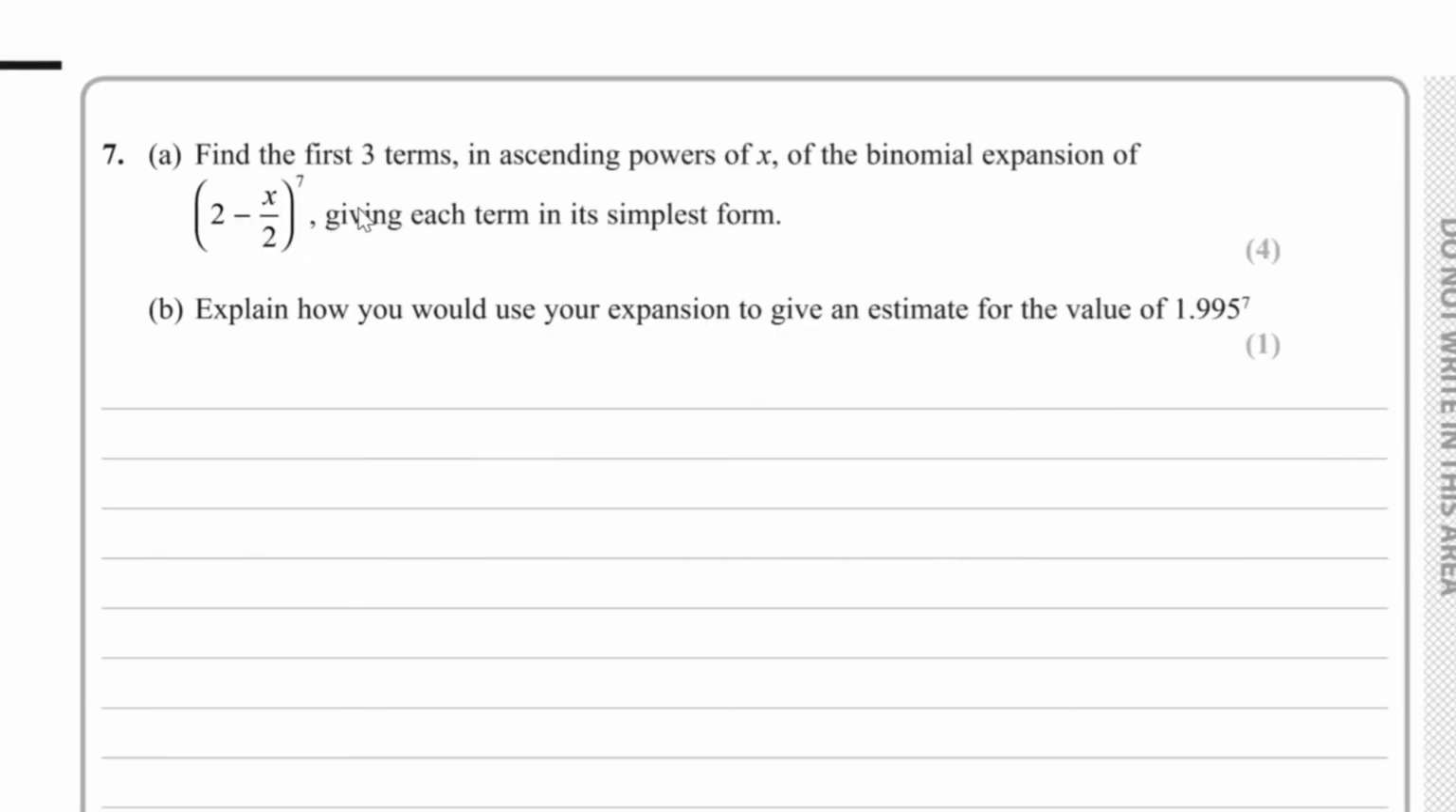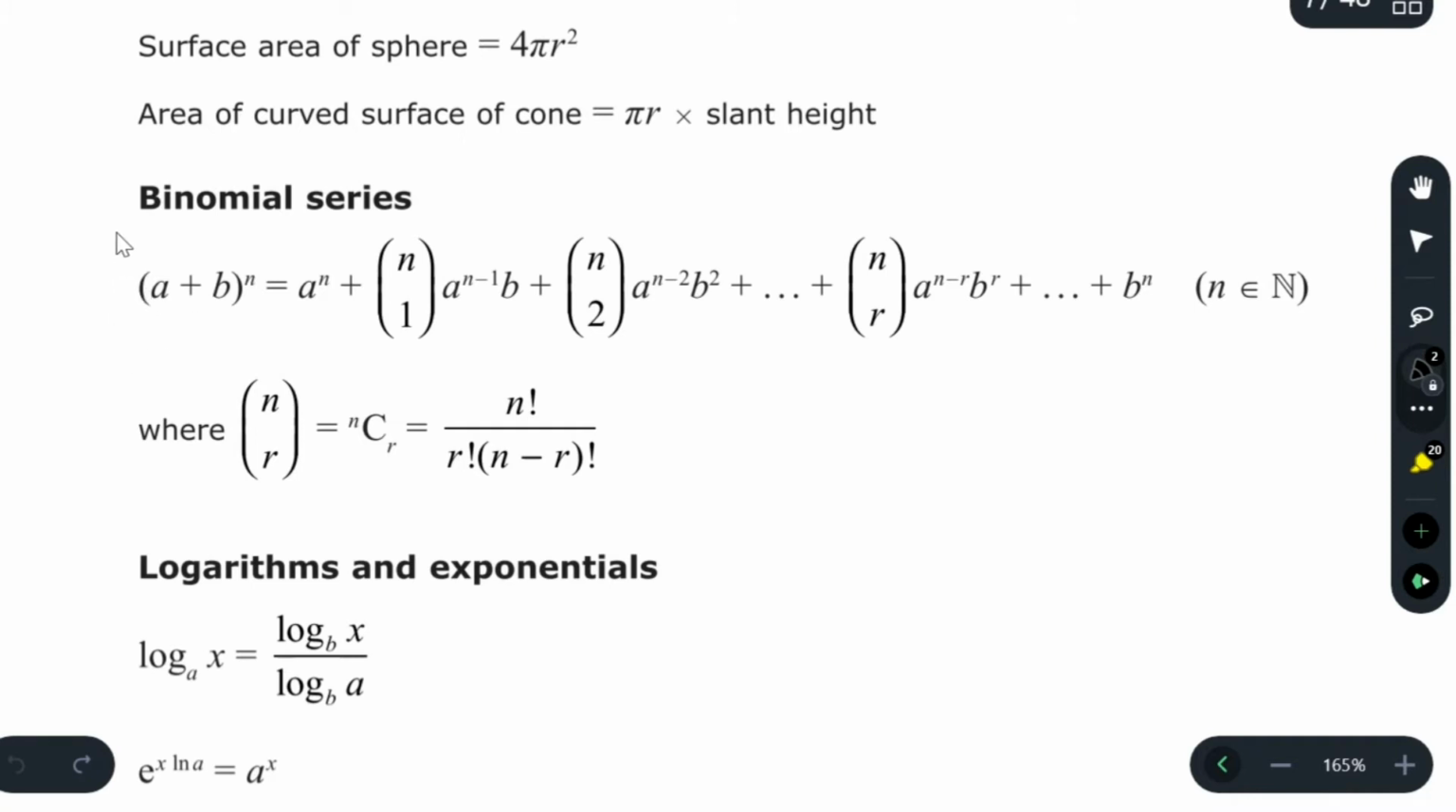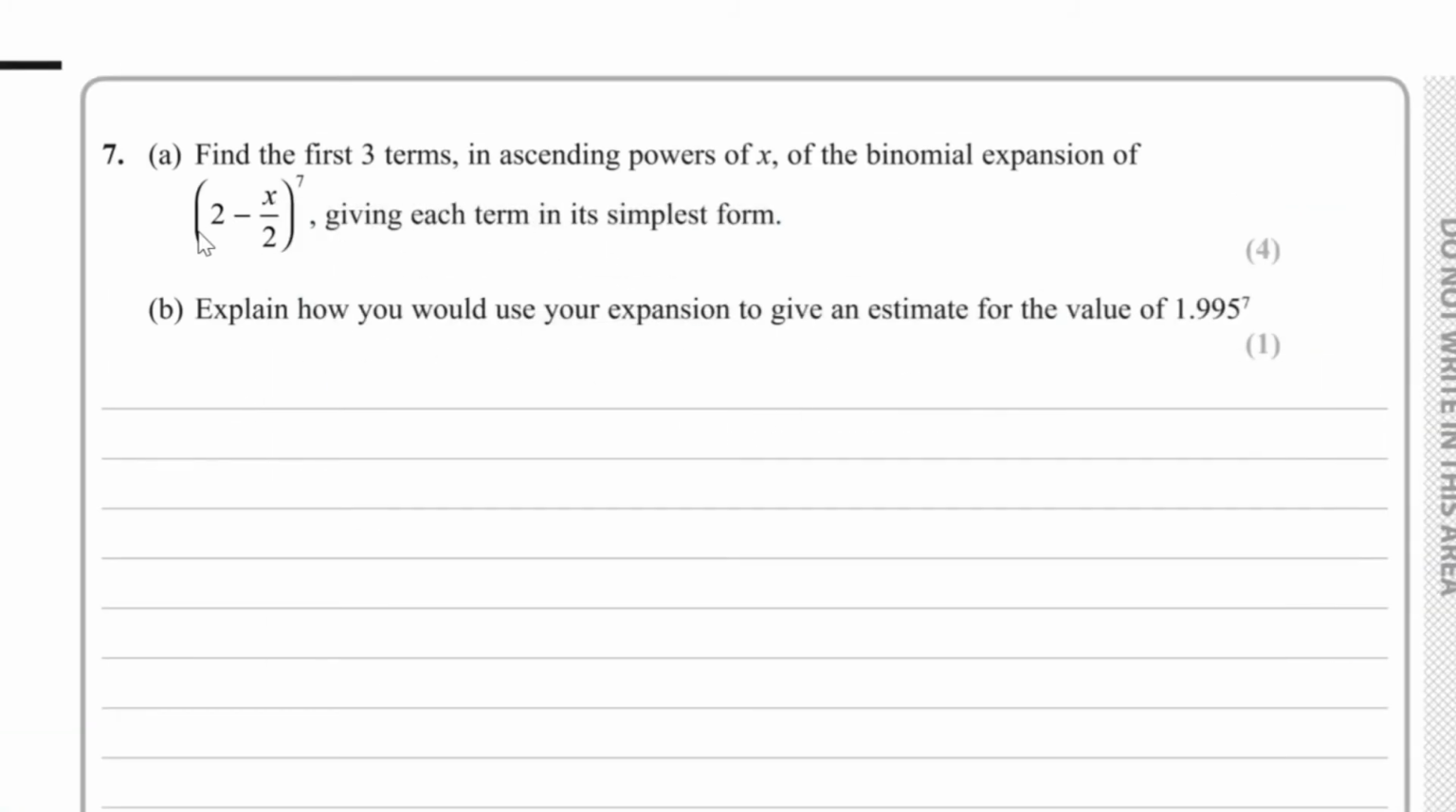Question number 7, for part A, we have to find the first 3 terms in ascending powers of x of the binomial expansion of 2 minus x over 2 to the power of 7, giving each term in its simplest form. Well, over here we have the formula for a binomial series. And so if we use this formula in ascending powers of x up to the x squared term, because we are only interested in the first three terms,